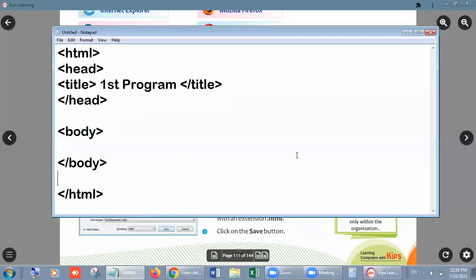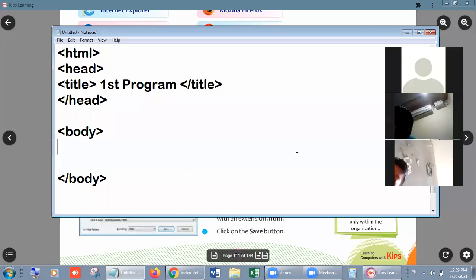Okay, this is the compulsory structure of any HTML web page. Now, what is the use of all these commands? First of all, beta, whatever you type between the body tags, body command के अंदर जो कुछ भी आप लिखोगे, that will show as a web page. सिर्फ यही show होगा, इससे ज़्यादा show नहीं होगा.